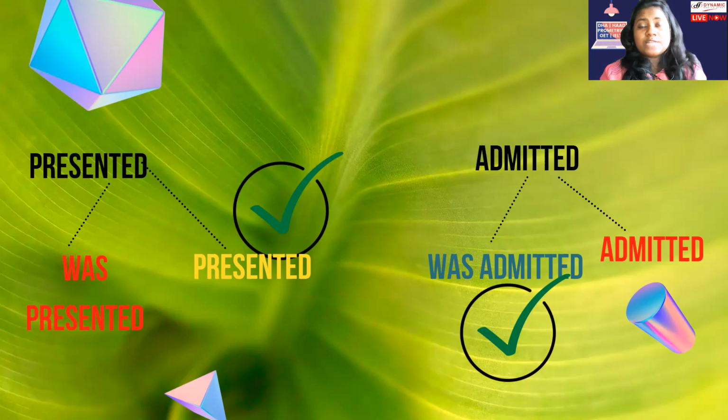In passive voice, admitted means it's already over. When you are writing this letter, two or three days after admission, it's already over. It's a past tense. So when you are converting a past tense into passive voice, we have to use either was or were according to the noun or subject. There also we have to use subject verb agreement. Here our patient is singular, so we are using was. So it is "he or she was admitted". That is the correct usage.